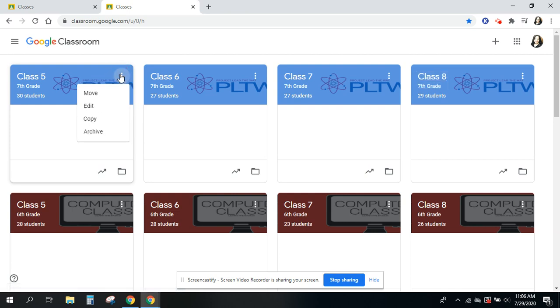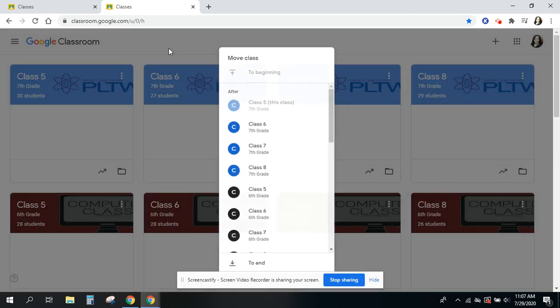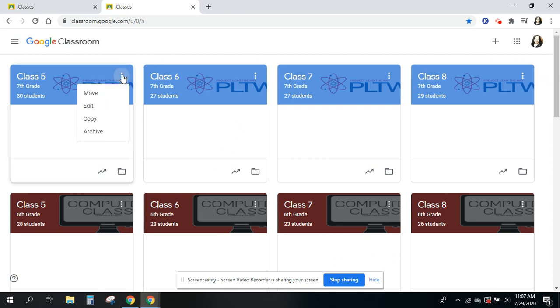Again, keep in mind you do have your 3 dots if you want to edit it, move it that way. You can move it that way, but as you saw, I could just easily drag it around. And you can also make a copy of it, and you can also archive it. You archive a class when you're done with it for the entire year. You want to go ahead and archive it. I don't recommend deleting it because you'll go back to that